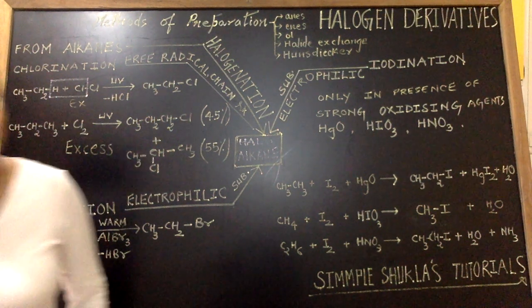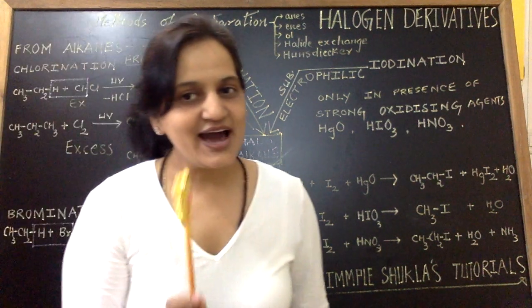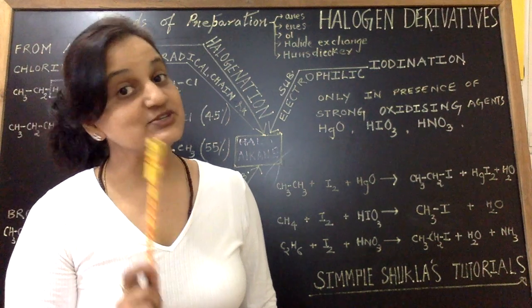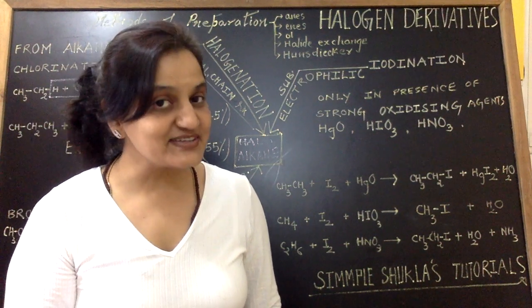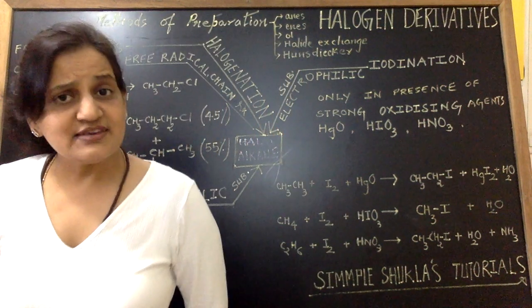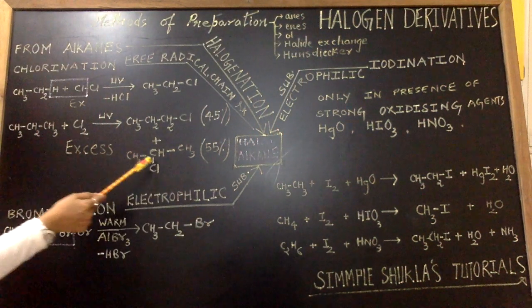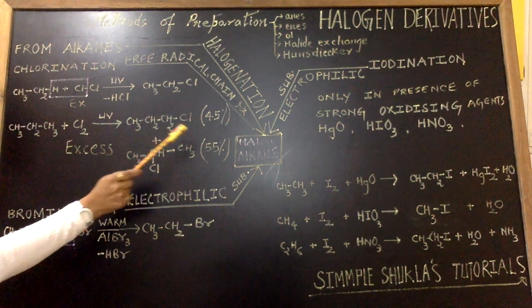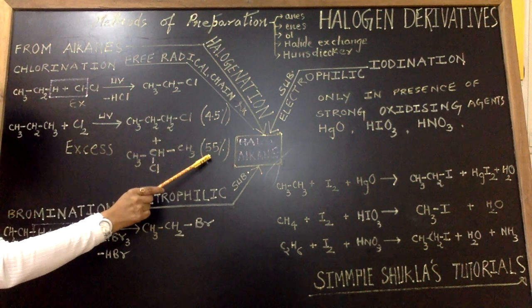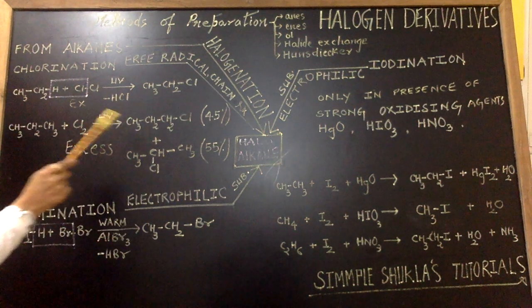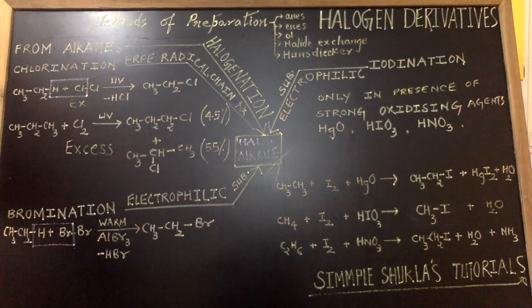Now, in the order of reactivity of hydrogen atoms, a tertiary hydrogen atom which is on a tertiary carbon is more reactive than secondary, and the secondary is more reactive than primary. So obviously over here we are getting secondary alkyl halide, that is 2-chloropropane, as a major product with 55% and 1-chloropropane with only 45%, which is a minor product. With this, now we move to the next